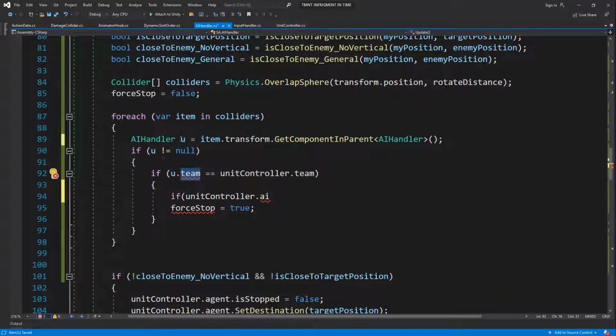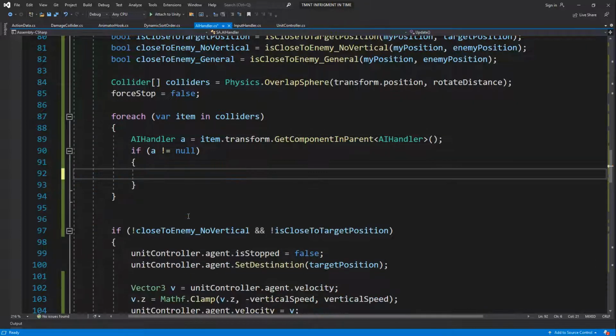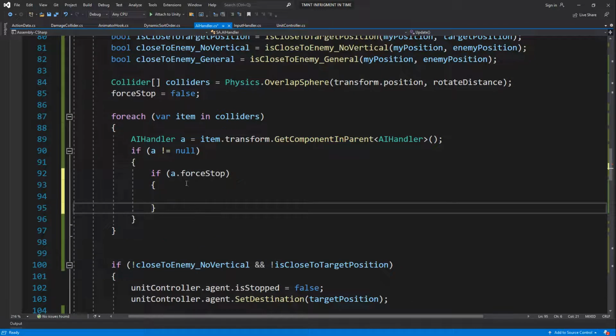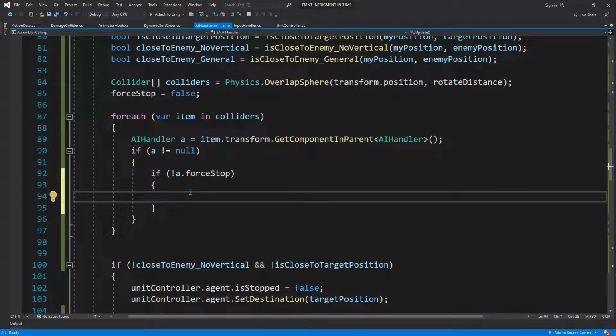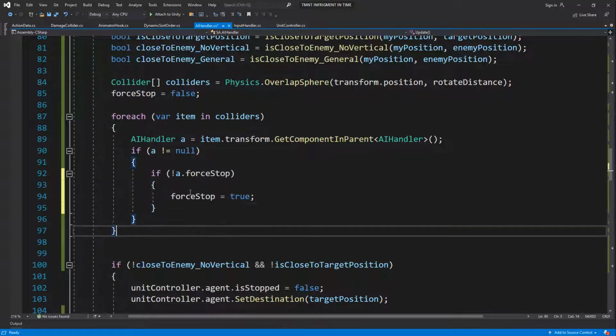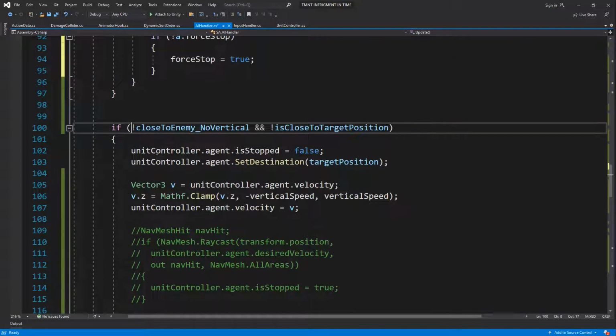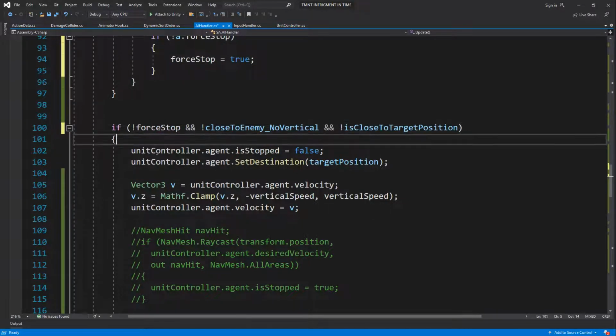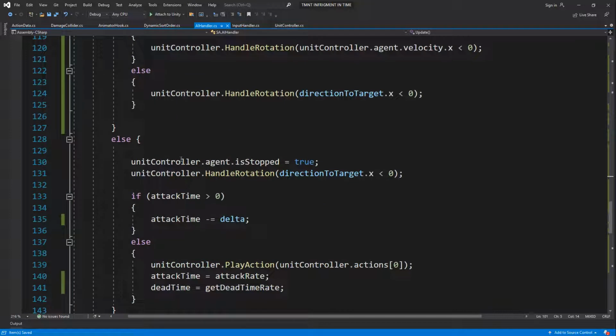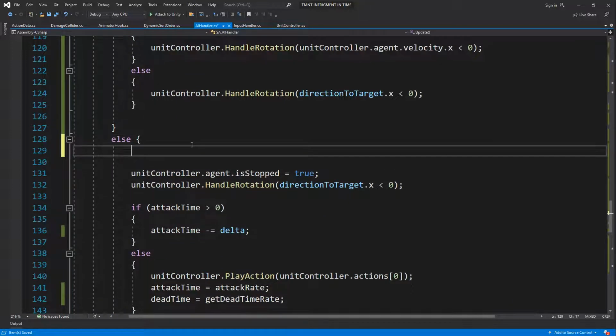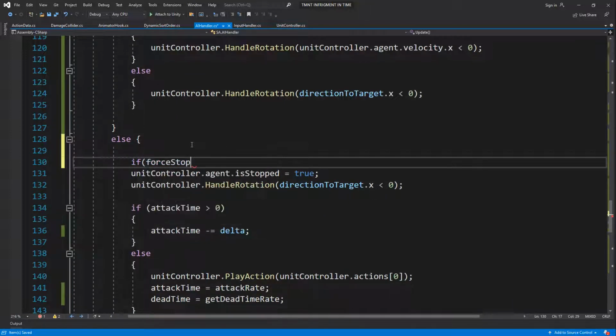If there is an AI handler, then that means he's an AI, so we don't have to stop him. So if a dot forceStop, if he's not force stopped, the other AI, then we're going to give him the right of way, and then we're going to force stop. So we're going to say not forceStop here. So else if forceStop,